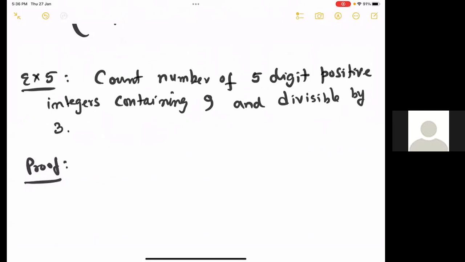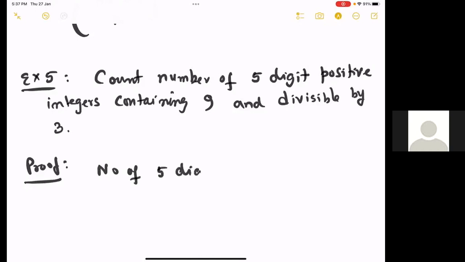Sir, does this have a bijective proof? Not really. I just picked up one of the problems. You are right, it's not exactly bijective. I'm just mixing a few things as we go on to make it more interesting. Probably using recurrence you can solve it, but since we have not done recurrence, let's do it from first principles. So the number of